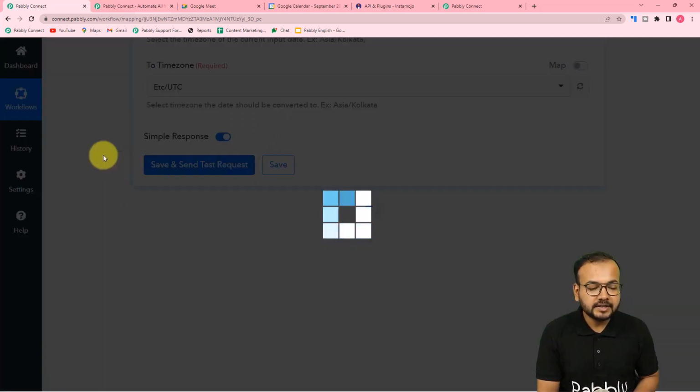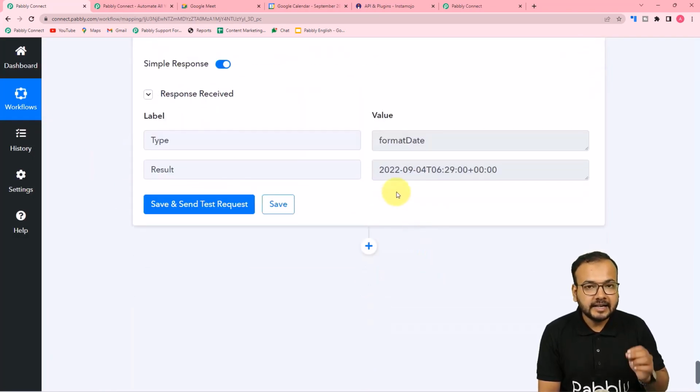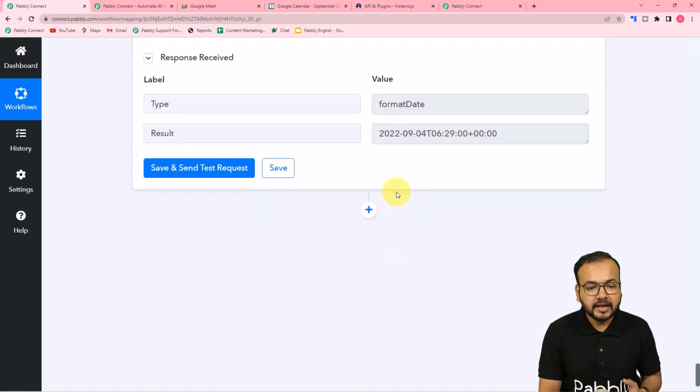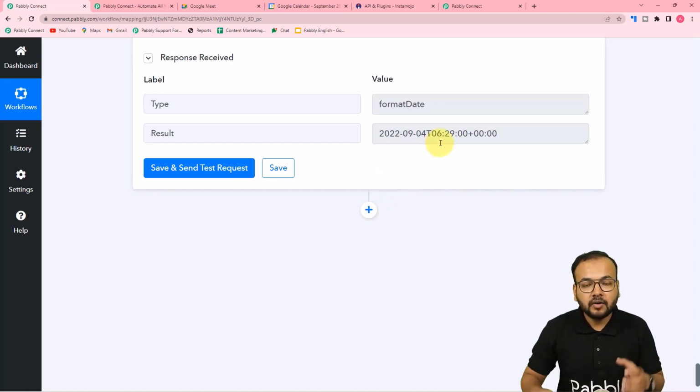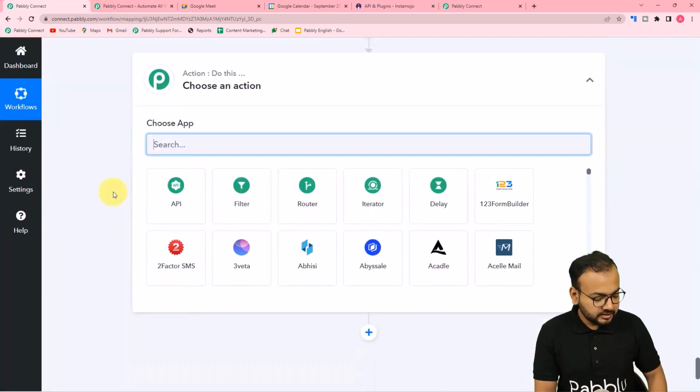Right, then click on save and send test request, and we got this result label. So this will act as the starting date and time of the meeting. And I also want to have a similar date time label for entering the end date and time in the Google Meet step. For that, just click here on this plus icon and search for